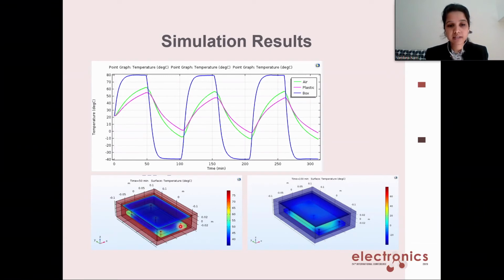We see in this diagram, this is at 50 minutes at the maximum, the hot temperature side. We've seen that the screws face extreme stress levels, where they're very prone to break after certain cycles. And here we can see that in the cold chamber as well, the screws are a very crucial part of the system. We cannot see such results from the lab experiments. This is just an added advantage from the simulations.